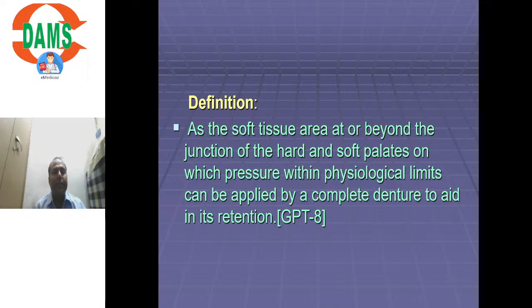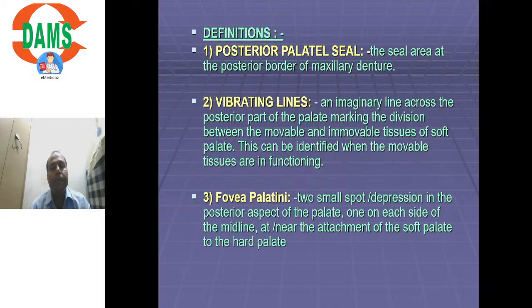So by definition we see that it is an area. PPS is an area. It's a seal area. It's a peripheral limiting structure of maxilla which basically aids in the retention of the denture. Okay,